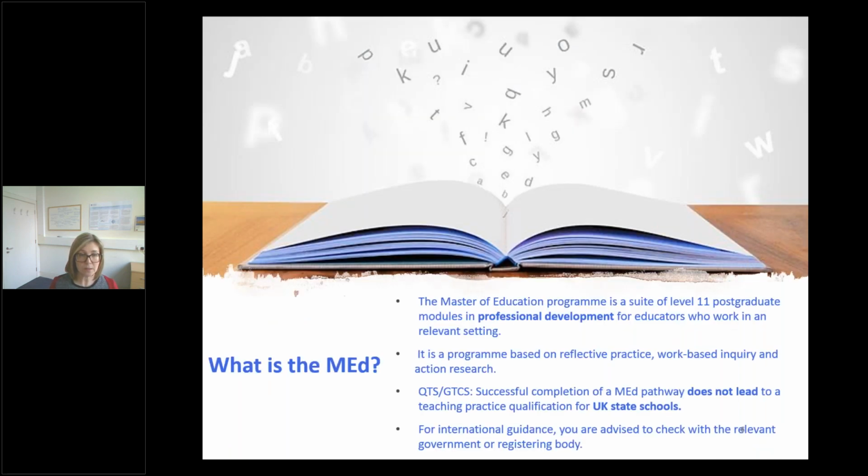So moving then closer to home, what is the MEd? We'll have a little look at the programme as a whole. The MEd is a professional development programme that's undertaken at level 11 on the Scottish qualification framework, and this means that it's all at master's level. Please do note that although the MEd is recognised by the General Teaching Council Scotland, so the GTCS, it's not